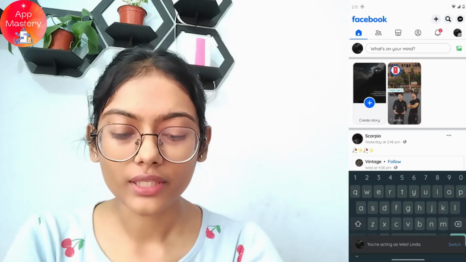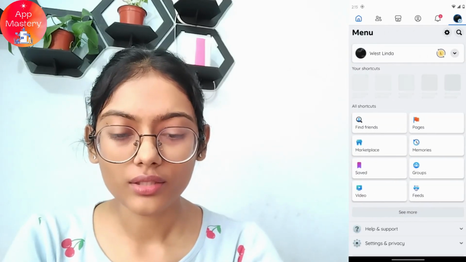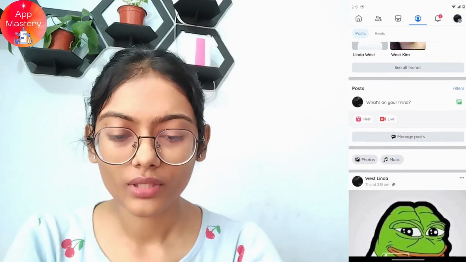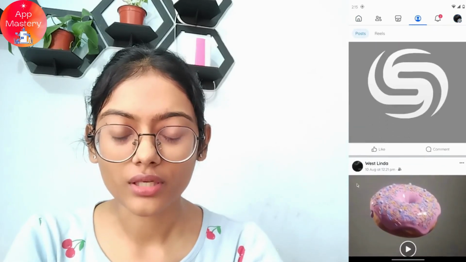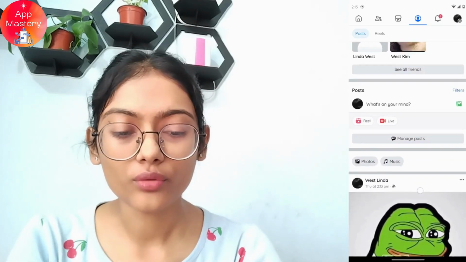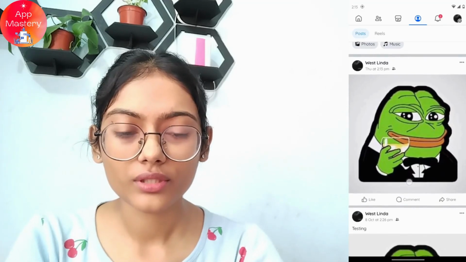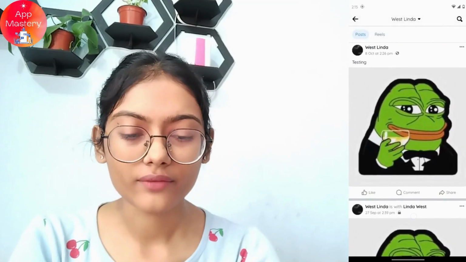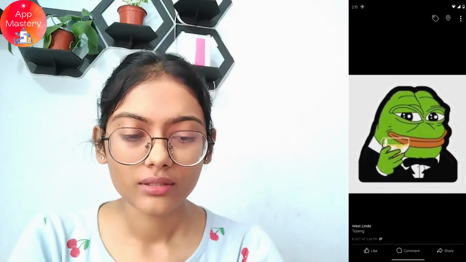and now you can go for the upper right corner which has that three-barred icon, and then you can go for your profile and simply scroll down, and here you will have all of your photos, right? So if you want to edit the privacy of the photo or the post, then what you can do is you can simply choose a photo that you would like to edit the privacy of,